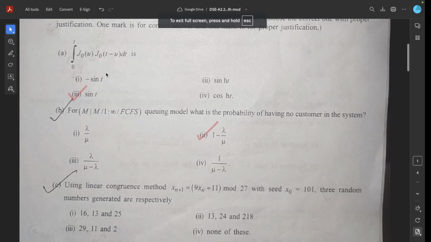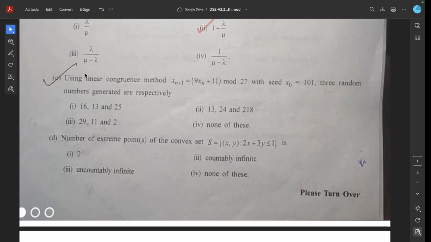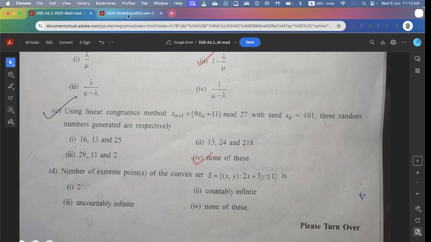Next question, 1c. Using the linear congruence method, x(n plus 1) equal to 9 x(n) plus 11 modulo 27, with seed x0 equal to 101, the three random numbers generated are respectively. Actually, the correct answer is none of these, because